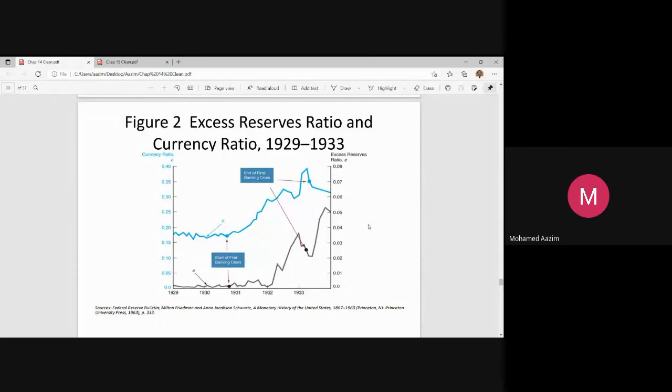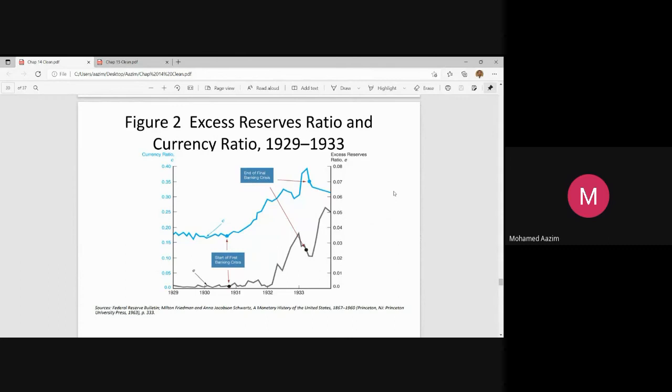Again, the start of the banking crisis also contributed to some extent, because people were coming to banks to withdraw their money. So banks also required some form of liquidity, so probably they kept it for that reason. But you see the excess reserve ratio increasing continuously. That means the denominator side of small m is increasing, so m would reduce. As a result, the money supply would reduce.